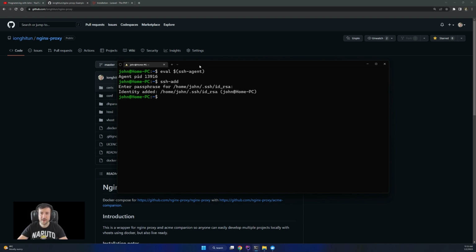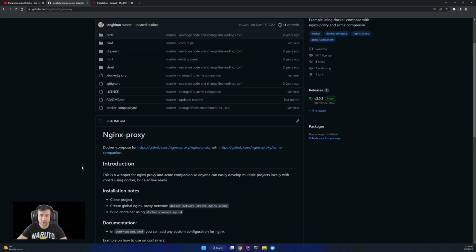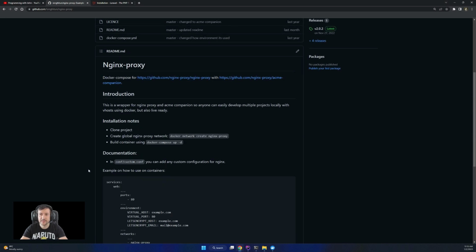And like I said last time, every new project that we clone or create should be inside this projects folder we created. So I'm gonna go in there and clone the Nginx proxy. What it does, if we go through here, is it's needed in order to have vhosts defined locally.